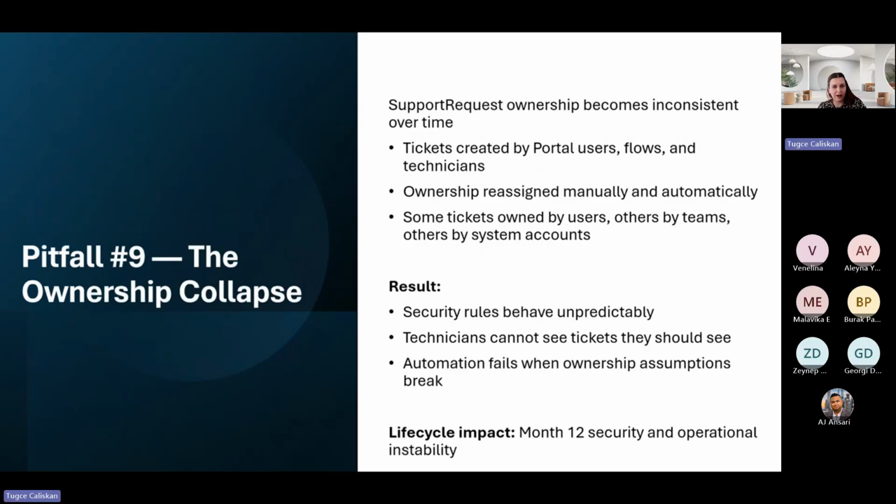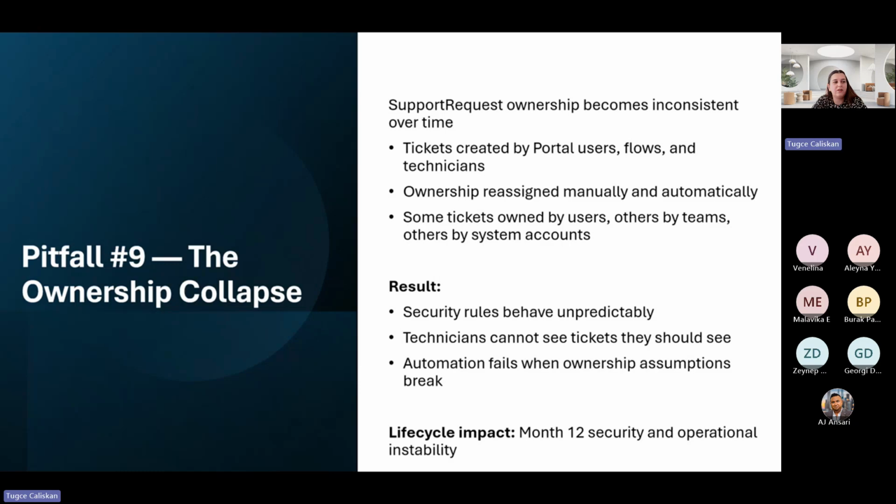Next is the ownership collapse. So the beginning of everything, again, where we go back to the very beginning. The ownership is simple, right? We don't have so many records. So an agent can know what they're working on in the system. But if records are individually owned, right, and the system starts growing, tickets are coming from very different sources. So we have increased tickets in the request system. And this will become a nightmare because the ownership will become inconsistent. We will not be able to understand what is owned by teams or system accounts or users in this scenario.